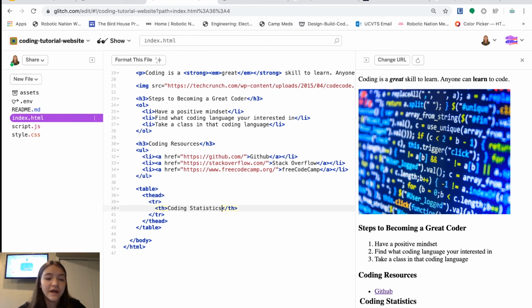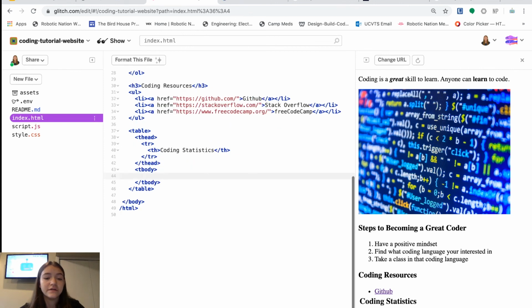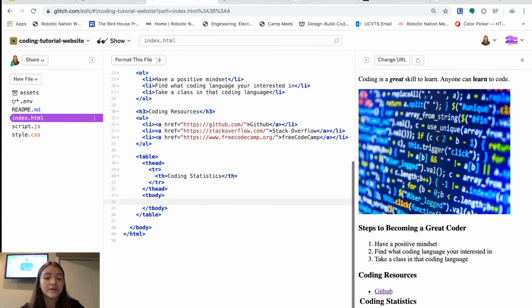Just like there's a t head, there's also gonna be a t body. So let's put that in. Give us some space there. Now we have our t body, and inside this t body, let's put another t row. So this is going to add another row to our table, and then inside of that row we're going to have